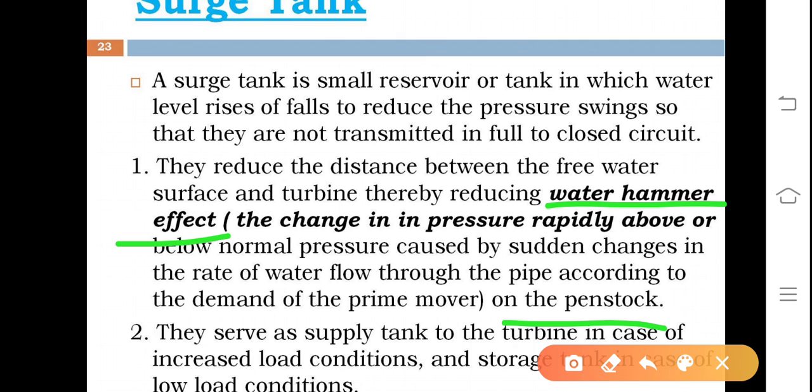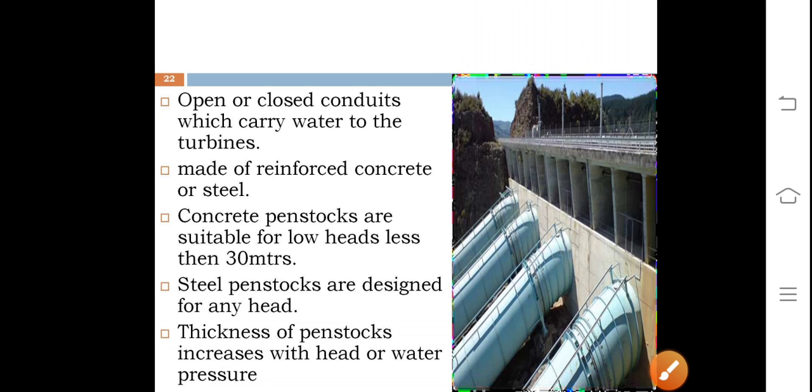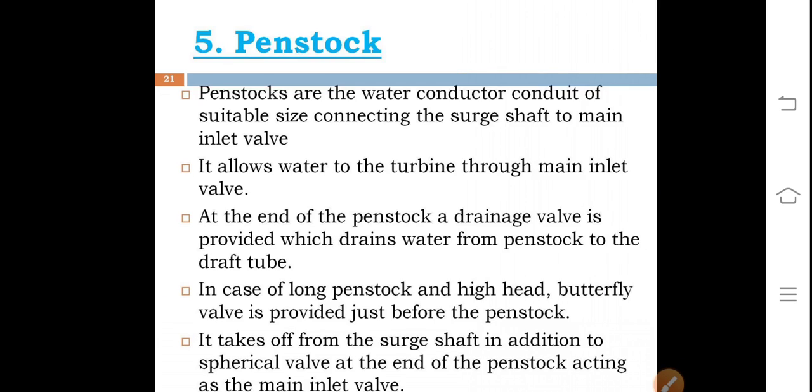So, to reduce the effect of water hammer, surge tanks are used in between the turbine and the main entry of water into the penstock. That has been shown in the hydropower plant sketch or layout. They serve as a supply tank to the turbine in case of increased load conditions and a storage tank in case of low load conditions. So when there is high load condition,